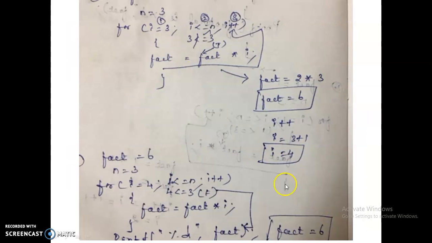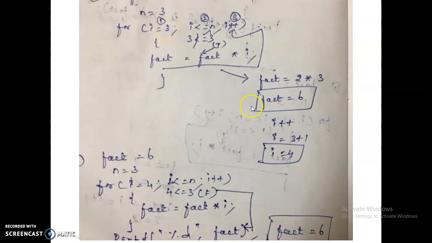So this is the third iteration. In the third iteration, the value of fact is equal to 2, n is equal to 3, and i is equal to 3. Here the condition is checked. This is the condition checking part: 3 less than or equal to 3. The 3 is not less than 3, but it is equal to 3, so the condition is true, and it enters into the body of the loop. Again the statement is fact equal to fact into i. The value of fact is 2, the value of i is 3, so 2 into 3, 6 is stored in the variable fact. After this statement, it goes back to the increment and increments the value of i. The value of i is 3, so 3 plus 1, 4 is stored in i.